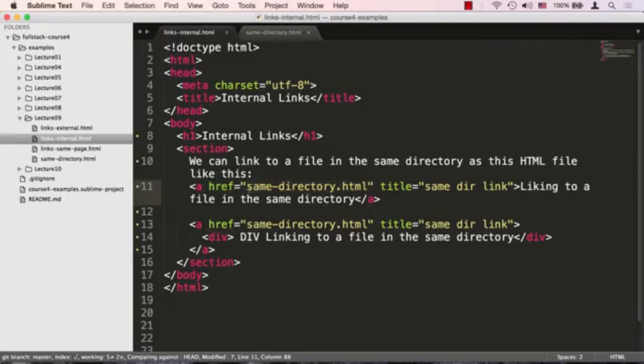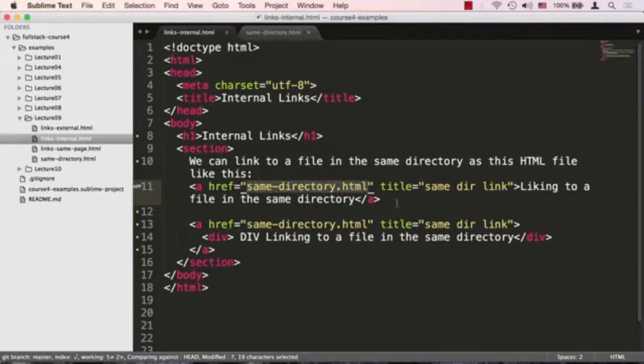In our case here, since we're discussing internal links, which are links that point to internal web pages of the web application, the links we're showing are all relative URL links. However, we could still have even absolute URL links as long as they point, again, to the same web application that we're in. Since we're providing no directory information, the browser will assume that same-directory.html is a file that lives in the same directory as